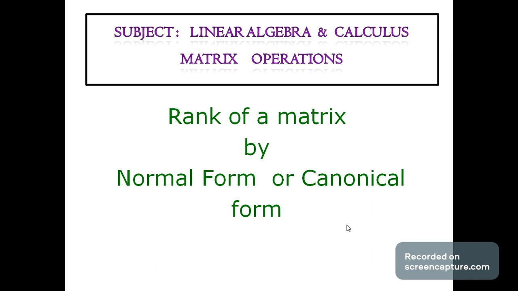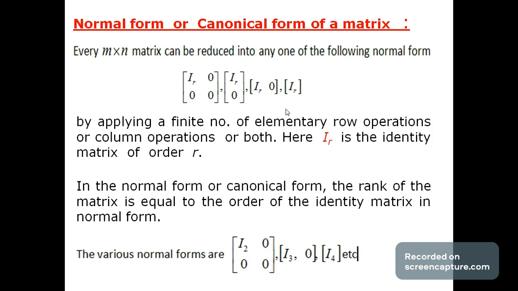In the previous video, I explained the echelon form of a matrix, and how to perform row operations and column operations on a matrix. In this video, I explain the normal form or canonical form of a matrix. First of all, how do we define normal form or canonical form of a matrix? Every m by n matrix